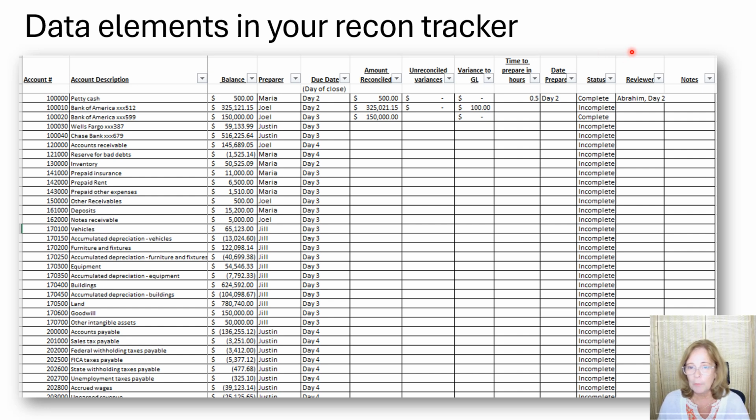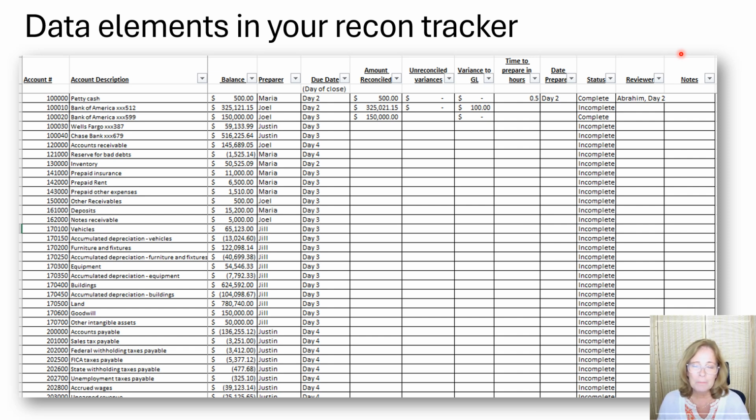The name of the reviewer and the day of close they reviewed and signed off on the reconciliation, and a notes section. In the notes section, the preparer could add notes explaining significant changes, other issues related to reconciling, or other helpful notes for the reviewer.